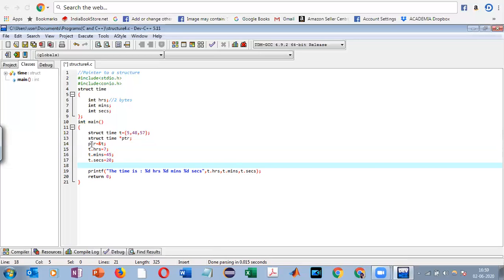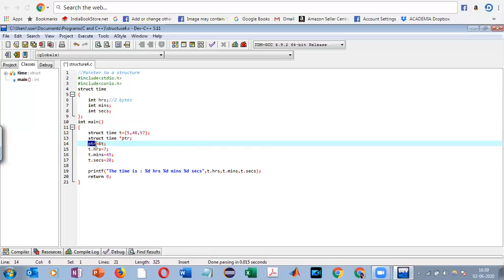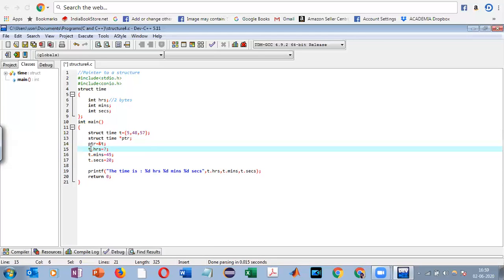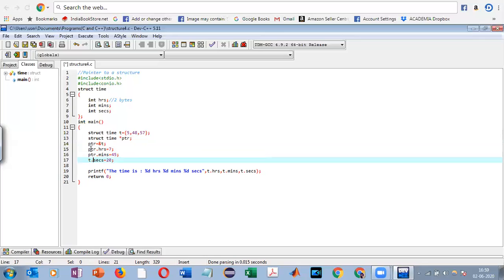So what happens if I want to access the members of the structure with the help of this pointer variable? Well, let me see. If I simply use the dot operator, PTR dot hours is equal to 7, PTR dot minutes. Let's see whether this happens or not. We are simply writing this pointer variable followed by the dot operator, and we are accessing each member.